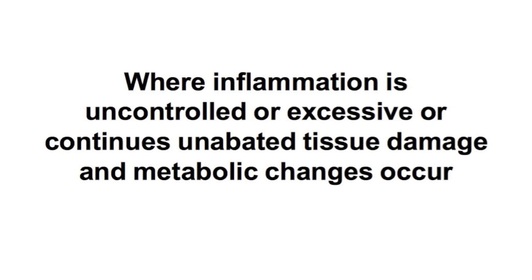But it's quite clear that when inflammation is uncontrolled or excessive, or it continues without control, tissue damage and changes in metabolism occur. So these could be local tissue damage, like to the joints of someone with inflammation, the gut mucosa of someone with IBD, the lungs of someone with asthma or COPD. They could be distant. I talked about the bones. And also there are changes in metabolism. So eventually you get loss of skeletal muscle mass and body wasting. And that's a feature of the inflammatory drive of cancer, for example. So cancer cachexia has a strong inflammatory drive.